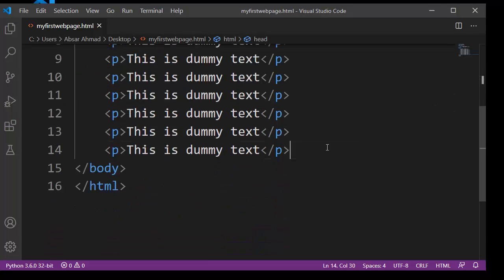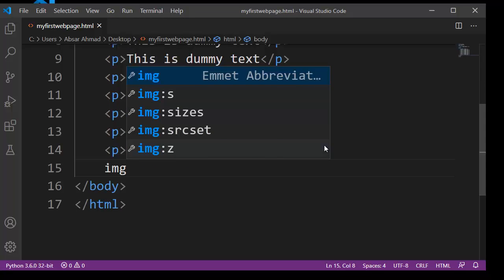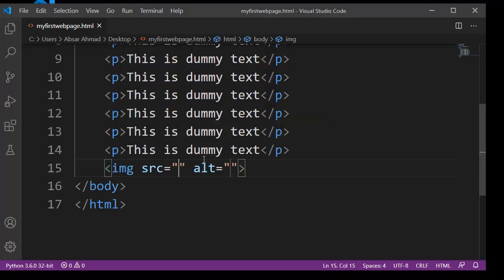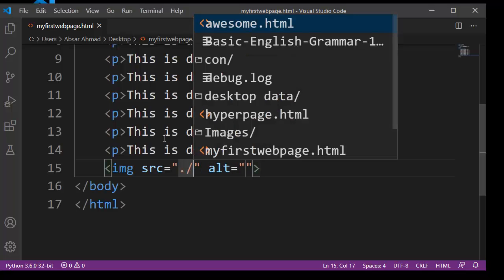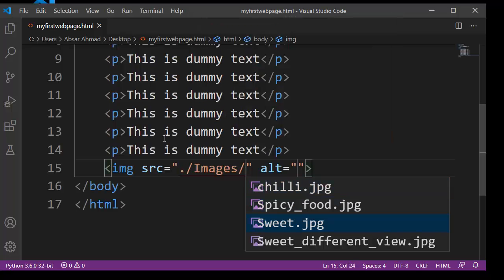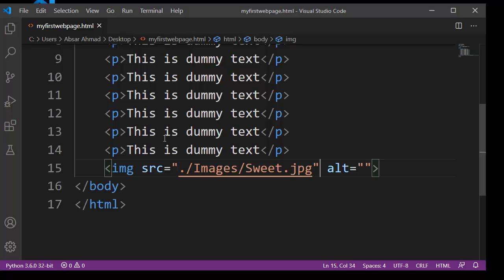So I can use more things here, like img, and press enter. Here you can see these two tags and these two attributes are auto created. So I just want to make sure where my images are. My image is on the desktop folder, so I just go to my images and then use suite.jpg